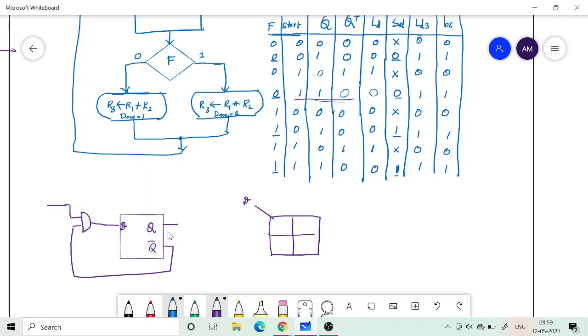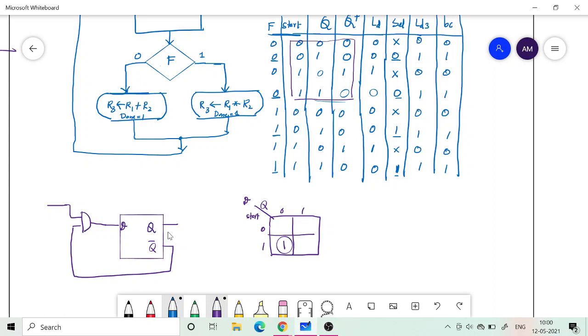So you can have start and the present state. Start could be 0 or 1, Q could be 0 or 1. Now according to this, there is only one case where it is 1, which is 1 0. This is where it is 1, all else is 0.